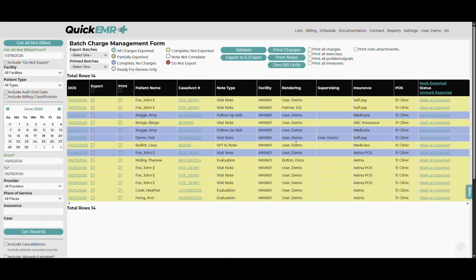In this video, we're going to walk through one of the most important billing related features within the system, batch management. Batch management allows you to quickly locate completed documentation, review charges, validate records, and export charges for billing. Whether you're exporting charges at the end of the day, reviewing records before submitting them to your biller, or re-exporting a charge that needs to be sent again, this area of the system gives you all the tools necessary to